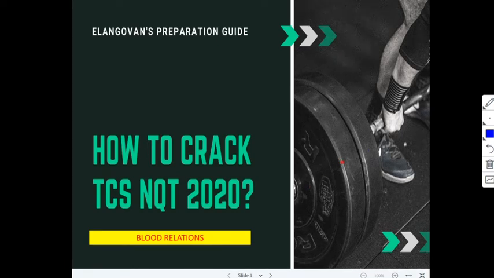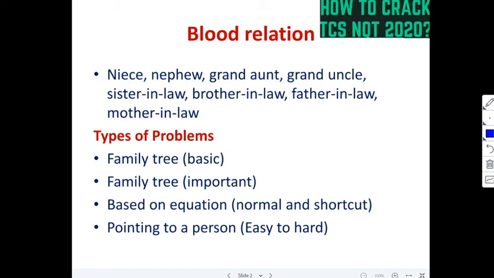Hi friends, today we will see the topic blood relationship, problems on blood relationship, which comes in the reasoning ability, right? As far as the blood relationship is concerned, we have to concentrate on these relationships: niece, nephew, grand